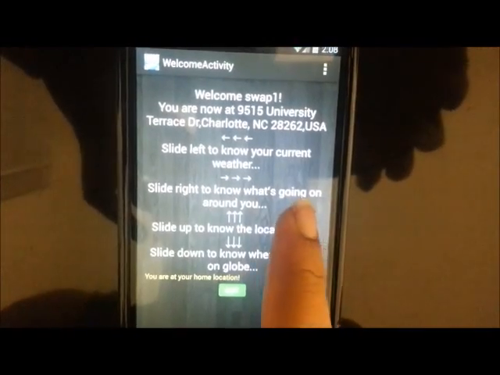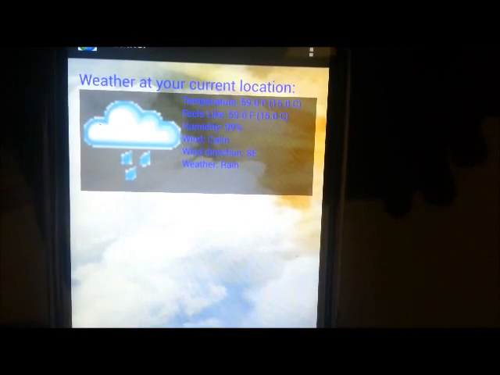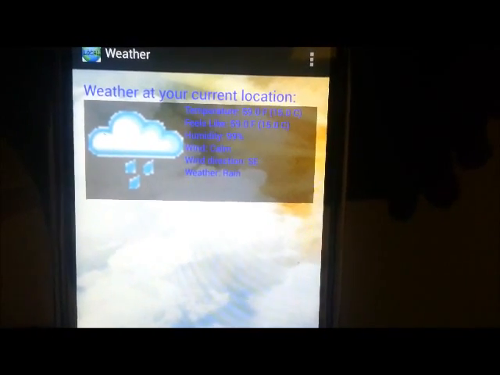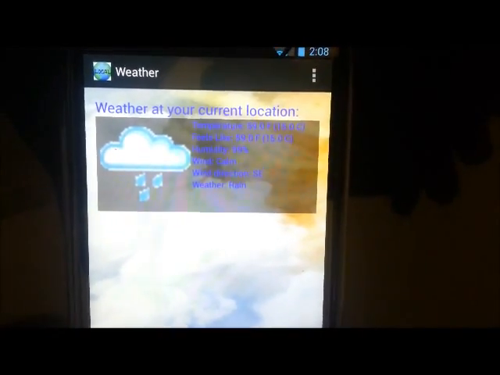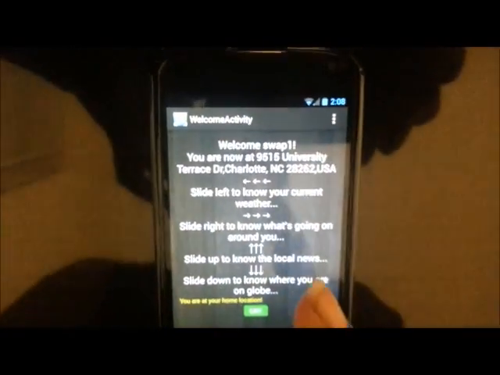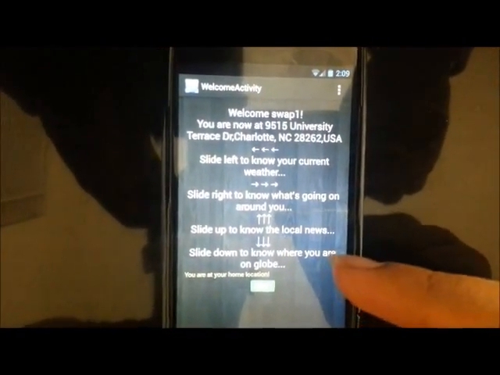Now when I slide to the weather activity, it will just show you one single weather, our current location weather, because now the home location and the current location are the same. It doesn't need to show two different locations' weather. I slide back and we are back to our main activity over here, the welcome screen.